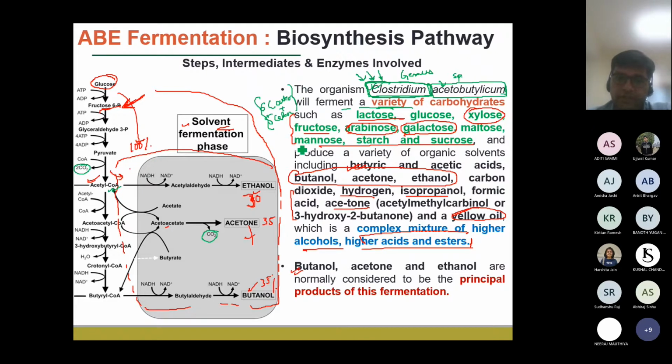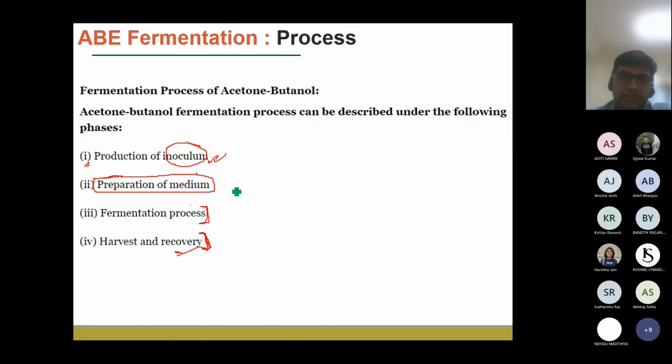Okay, so after this, let us... We were discussing that we will look into these four stages. The starting is the inoculum production. First, we need to have the inoculum, and then that inoculum will be transferred to a freshly prepared media, and in that media we have to look into what the media composition is. That is very much important.